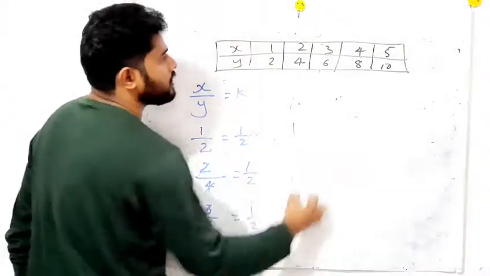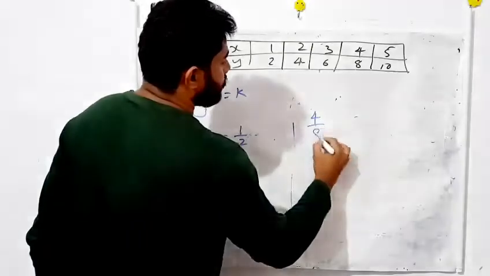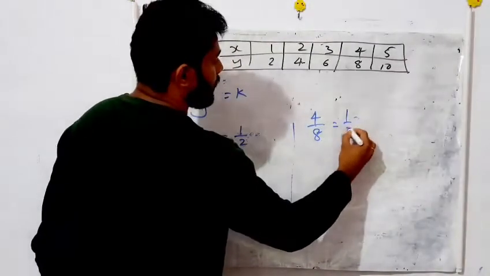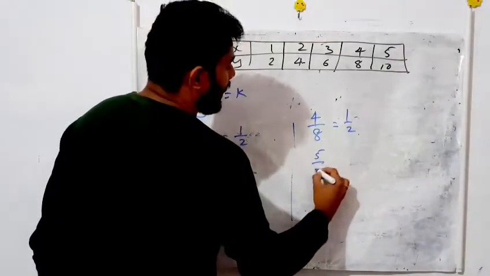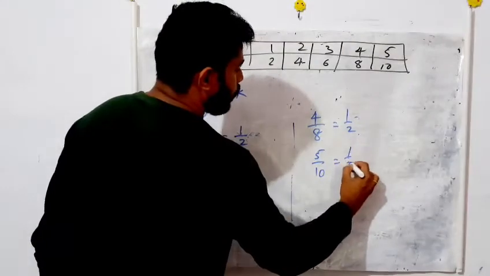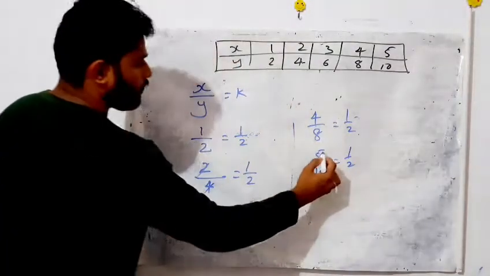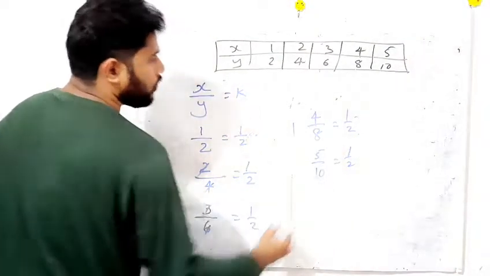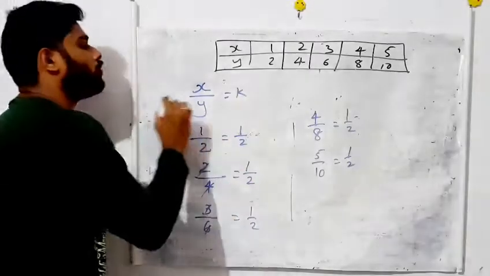The next one is 4 by 8. Simplest form is 1 by 2. 5 by 10, simplest form is 1 by 2. Clear? If you cut with 5, then 1, here 2. So, according to